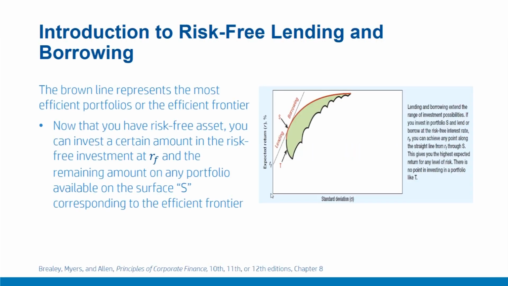Please remember, as we have this opportunity to invest in a risk-free asset as we saw in the previous video, we can take any position on this efficient frontier. We saw that this brown line represents the set of efficient portfolios, or efficient frontier. And now that we have this risk-free asset, I can pick and choose any point on this efficient frontier and combine it with my risky portfolio and find a very specific set of portfolios that depend upon the risk-free rate and the position that we are taking on this.